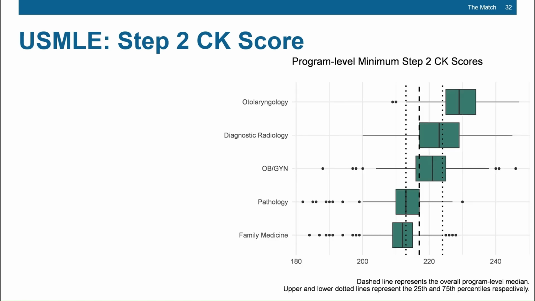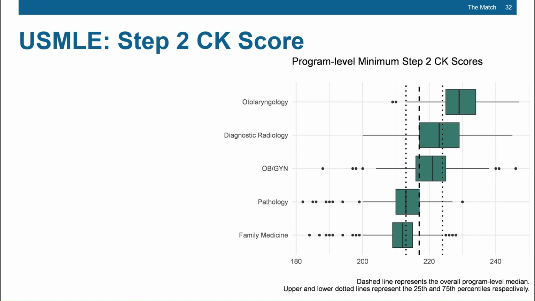Here, we display the program level minimum score distributions by specialty. This is really referring to the minimum Step 2 CK score ranked on each program rank order list. The distributions for maximum Step 2 CK scores were very similar, so we decided not to display them. The first vertical dotted line shows the 25th percentile for all program match years, followed by the middle dashed line,